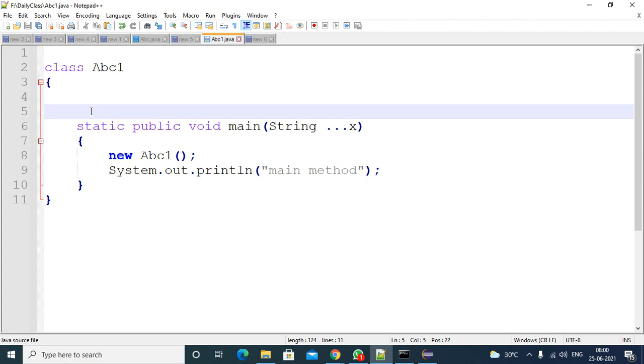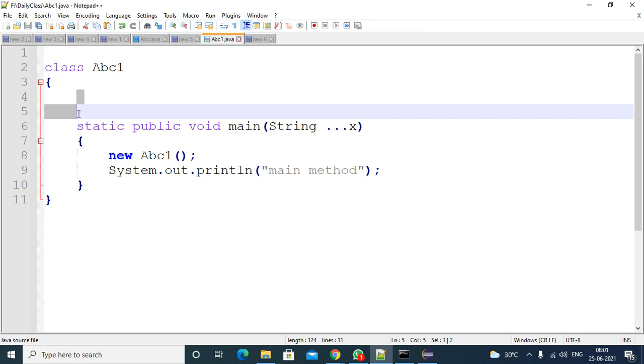If the constructor is there, then the compiler will not do anything, that means it will not add any default constructor. If the constructor is not added by the programmer, either default or parameterized, then the Java compiler will add a default constructor to your program.